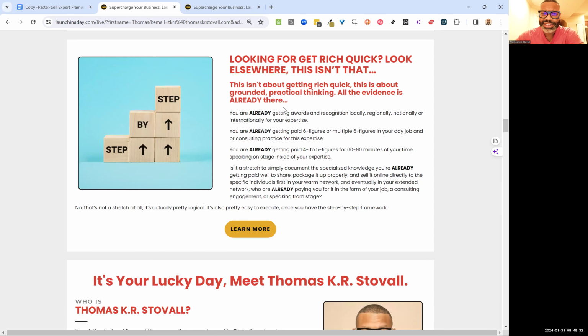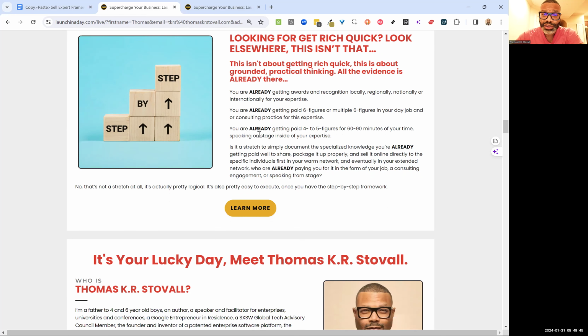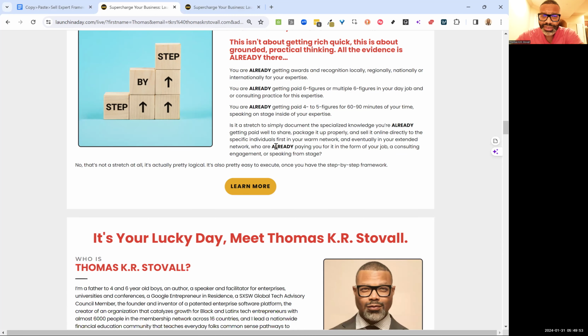It's about evidence. It's about grounded practical thinking. You're already getting awards regionally, locally, nationally for your expertise. You're already getting paid six figures, multiple six figures in your day job or consulting practice. You're already getting paid 4 to 5 figures for 60 to 90 minutes of your time, speaking on stage inside of your expertise. Is it a stretch to simply document the specialized knowledge you're already getting paid well to share,